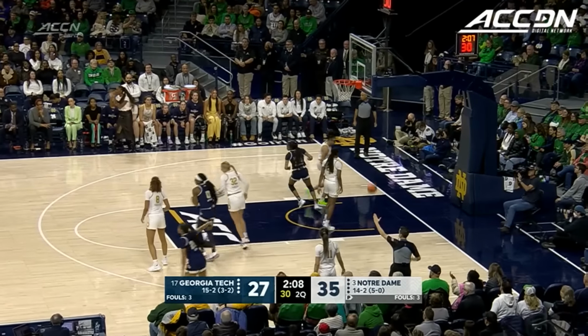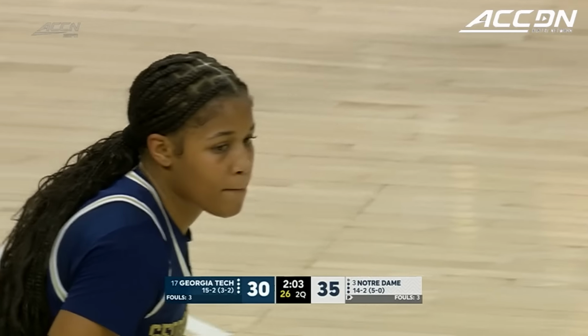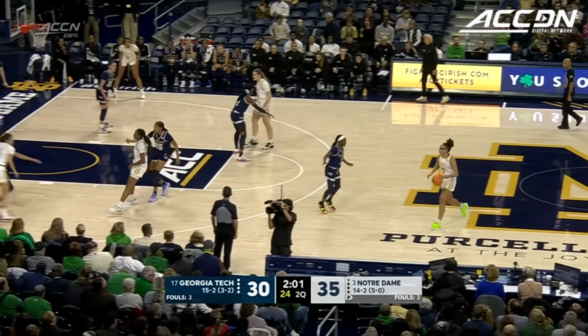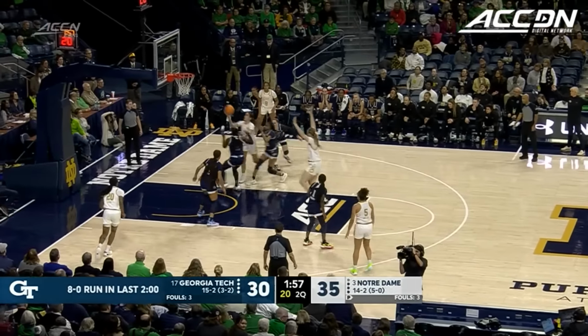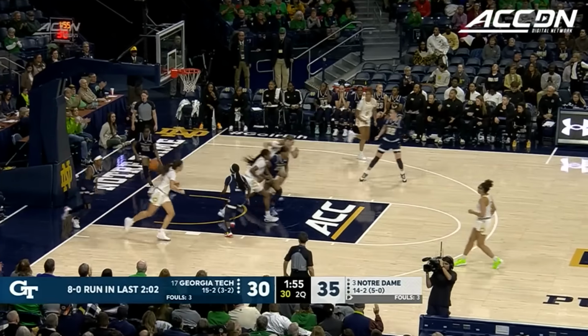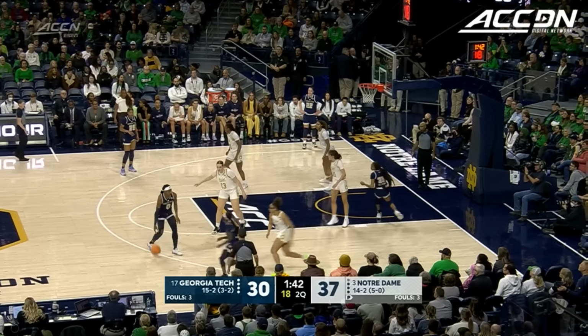From the outside, and you can tell that Dunn, as she posed. Nell Fortner telling us that she wants 70 to 80 field goal attempts in this game alone. Closest they have been since early in the first quarter off. It's a good person to go to out of the timeout. King now